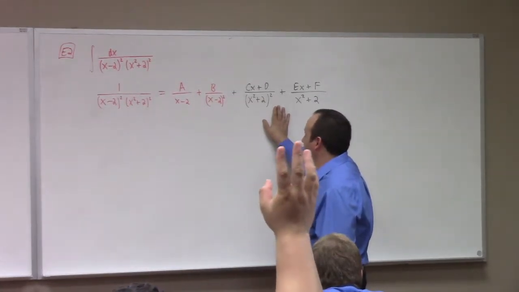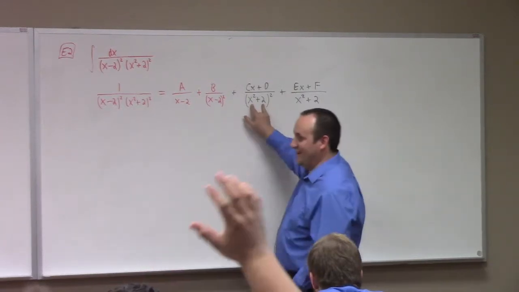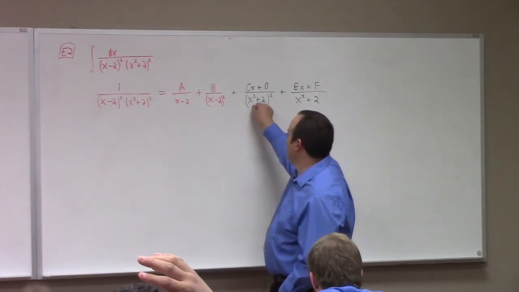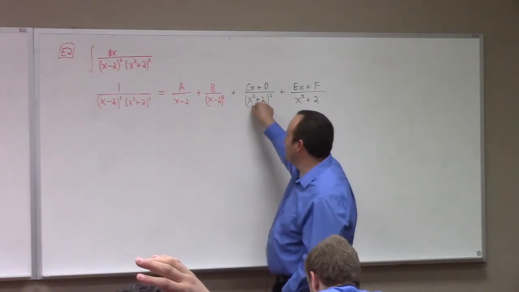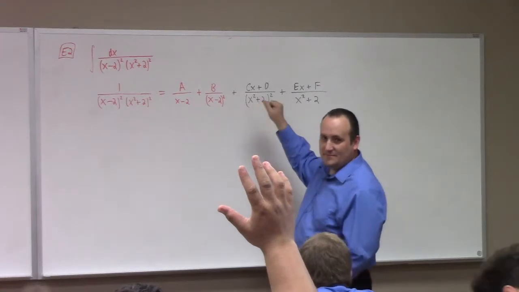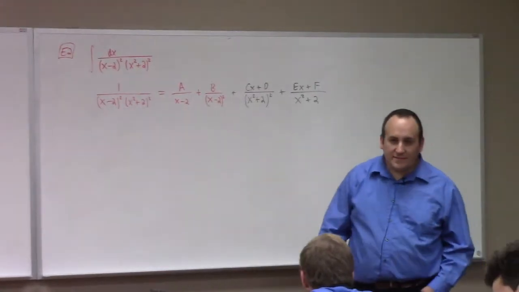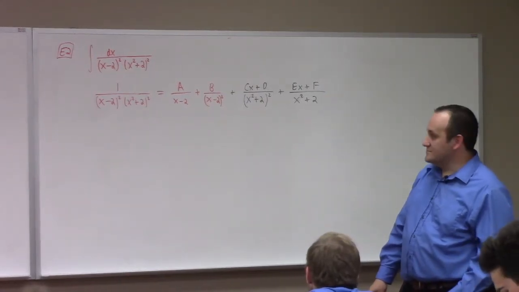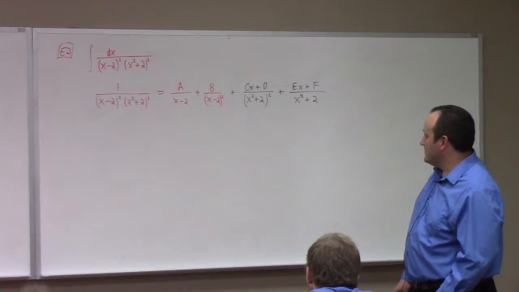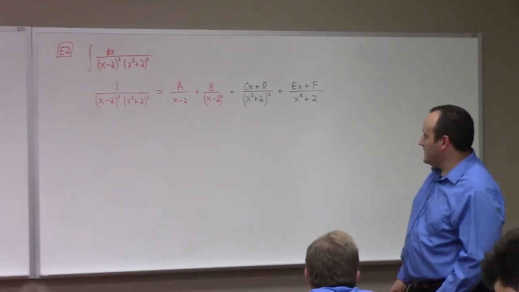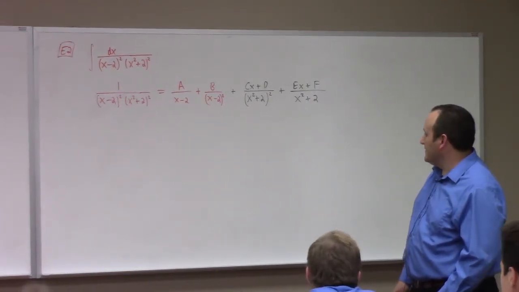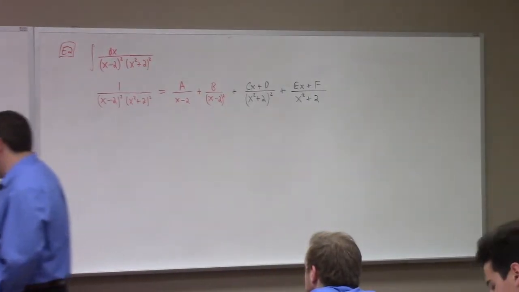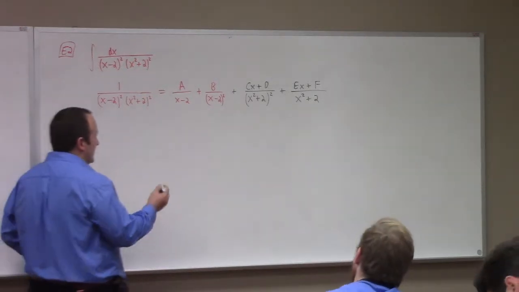it's because this is x squared plus 2, as opposed to x minus 2 squared. Okay, so when there's an x squared, there's an x up above. Yes. So when there's a quadratic in the denominator, we have to write a linear something in the numerator for the preceding. Yes. And if it was something more, let's try this. If I have